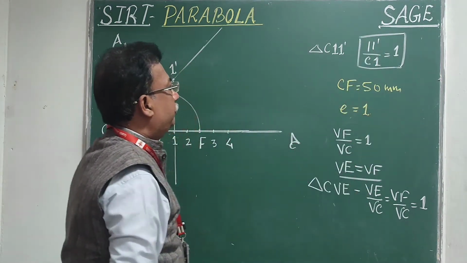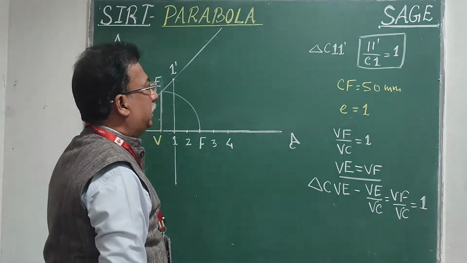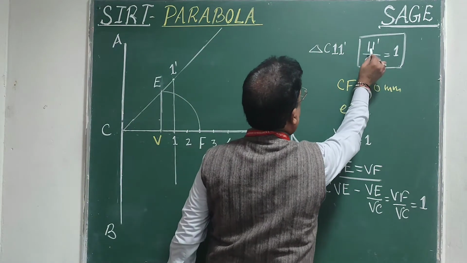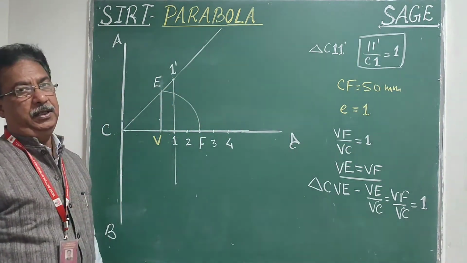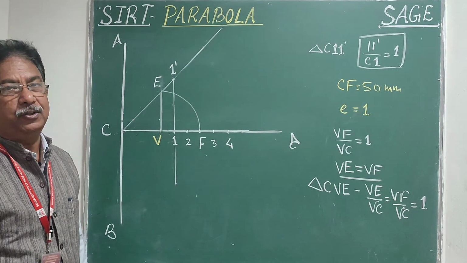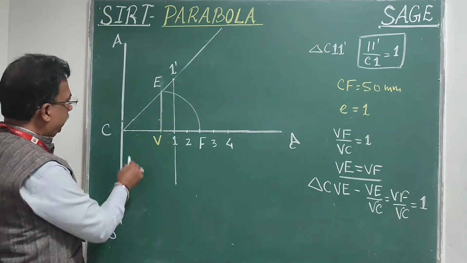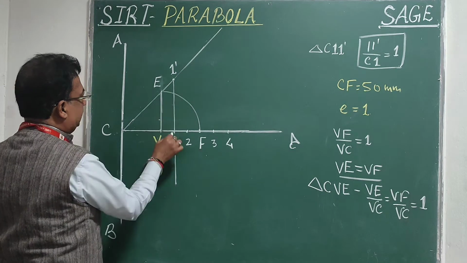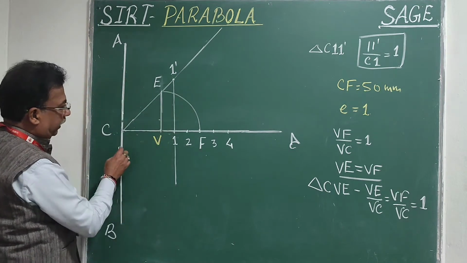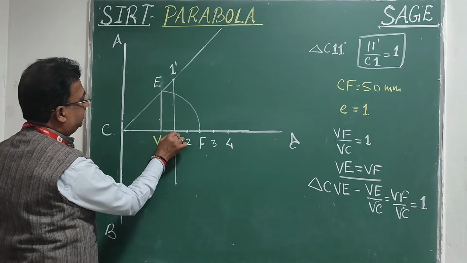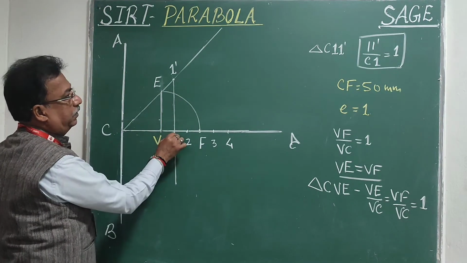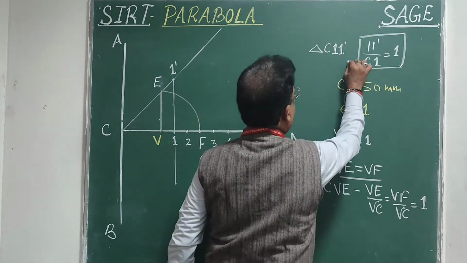So what I am going to do, I am going to check a point which will be at a distance 1 1 dash from the focus and C1 from the directrix, that is one of the points on the parabola. Now look at this line 1 1 dash. As this line is parallel to AB, it means the distance of all the points on this line from the AB will be C1. So already I am getting this C1.